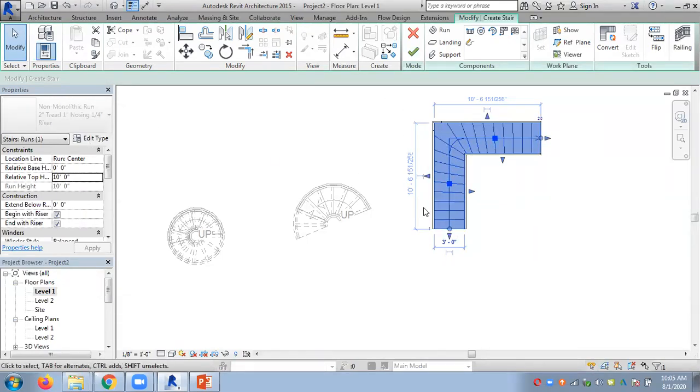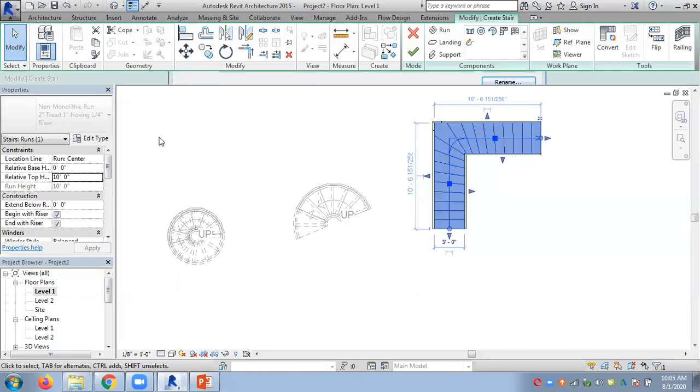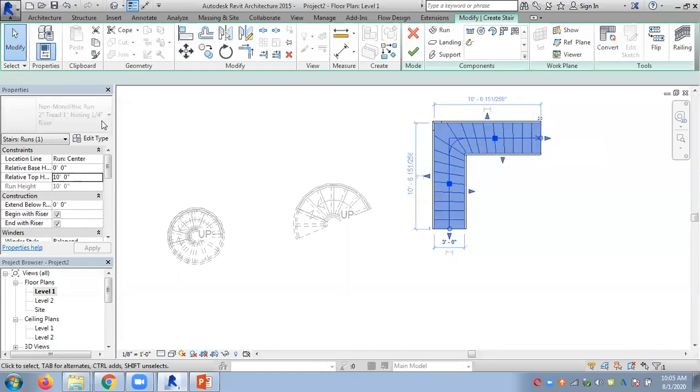These are just predefined shapes. Go and edit, same settings, and you cannot load other types. So there are restrictions in this kind of defined shape. You cannot load another family. Those are predefined shapes.